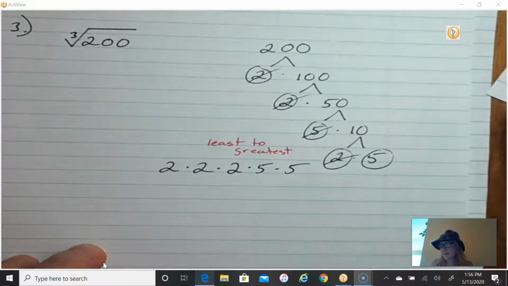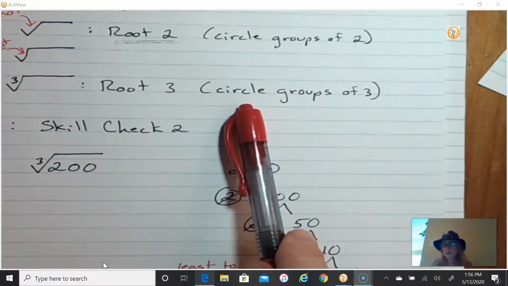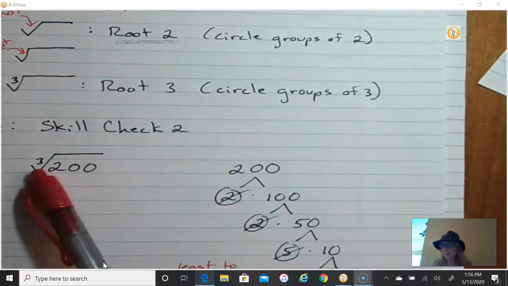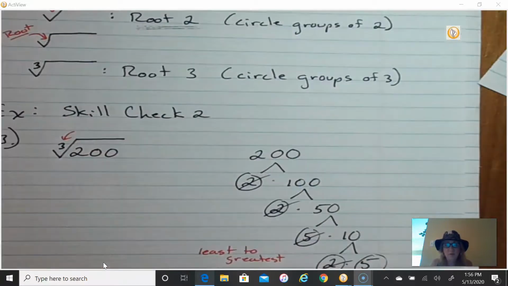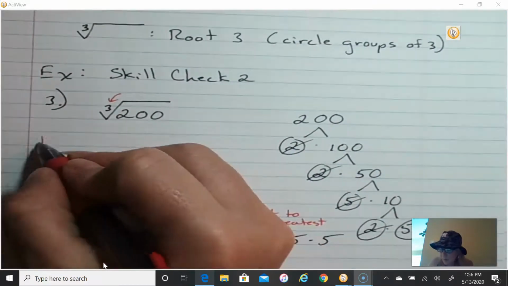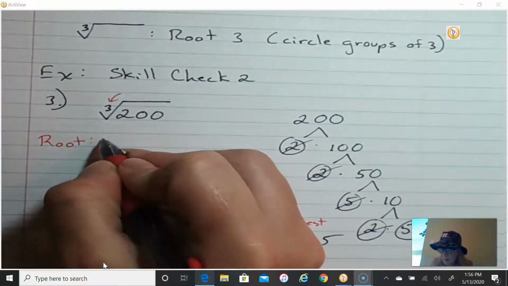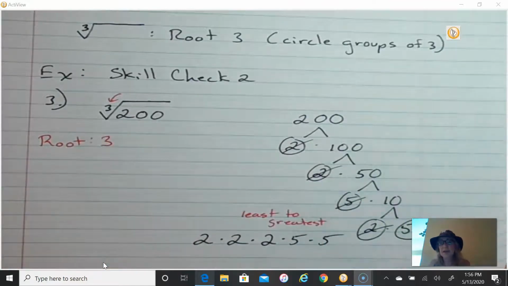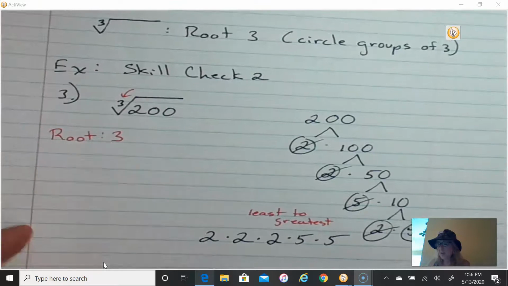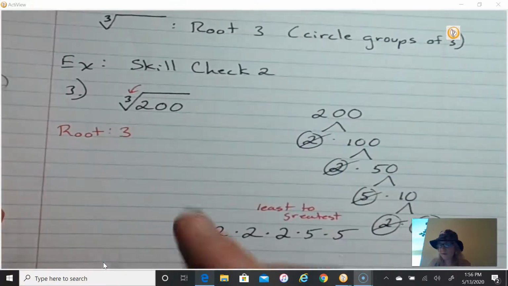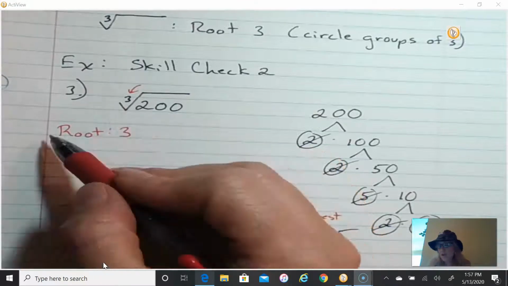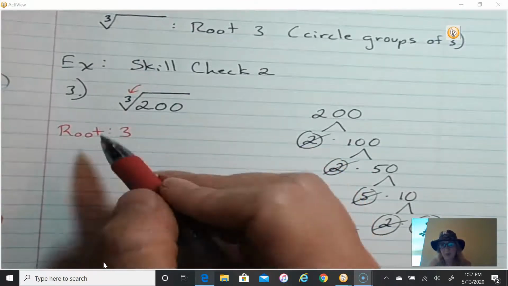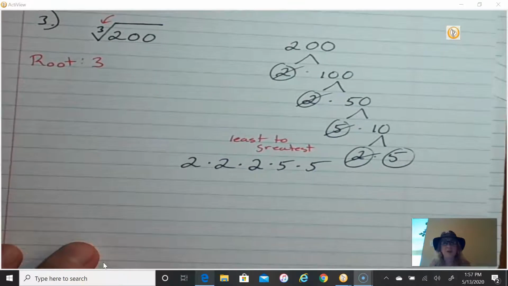Okay, so I've listed them all out. Now, we're going to circle groups of 3 because of this right here. This right here is your root. And I'm going to write root is 3. When you are in Algebra 1, they're going to mix it up. Sometimes they're going to have a 4 here. Sometimes there won't be anything, so that'll be a 2. So you need to get in the habit of writing what the root is so that you know what to